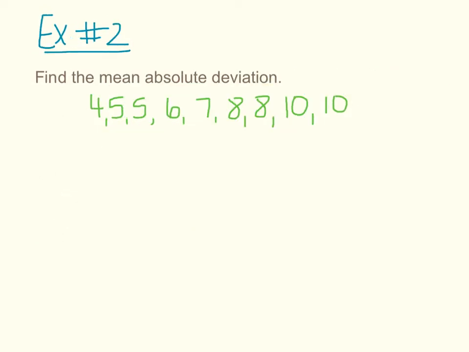Example 2, find the mean absolute deviation. Okay, remember we first start by finding the mean of the numbers. So the same numbers from example number 1. We've already found the mean, which was 7. And we also found the sum of the absolute deviations, which was 16. So pretty much we're just using that information. But instead, last time we found the sum, which was 16. But now they don't want the sum. They want the